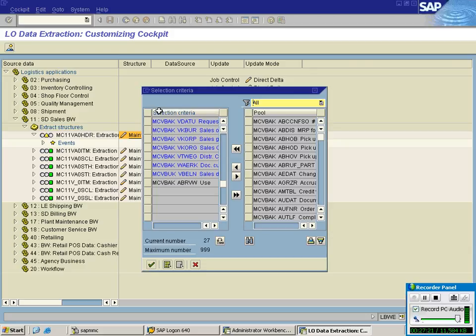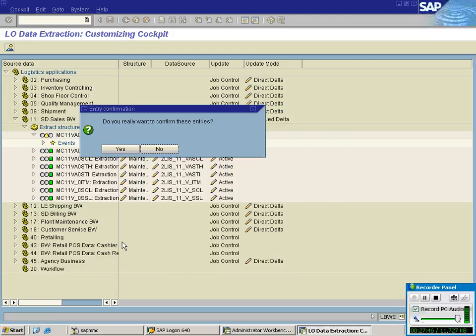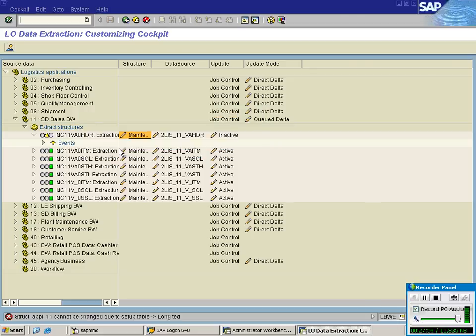Getting my point? From the right pane, the enterprise communication structure, or communication structure you can say, we have transferred the required column to the extract structure. Then continue. It says confirm these entries. Go with yes. So what does it say?